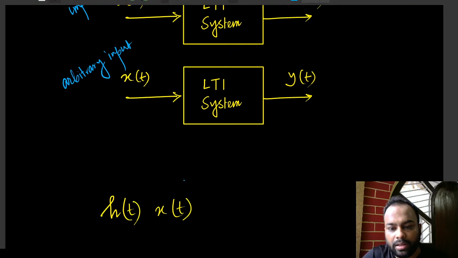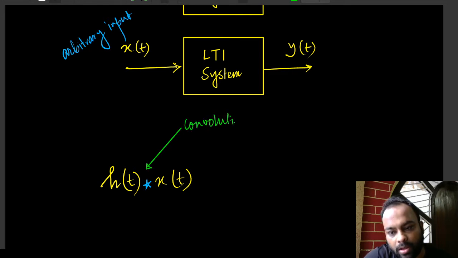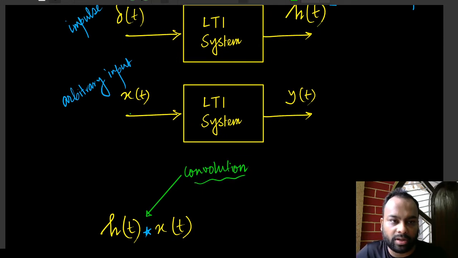Okay, then you can entirely calculate the output of the system to any arbitrary input by doing a mathematical operation known as the convolution. We shall learn about that later on, right? So actually what we can do is have the physical system, feed it with any arbitrary input, and observe the output.